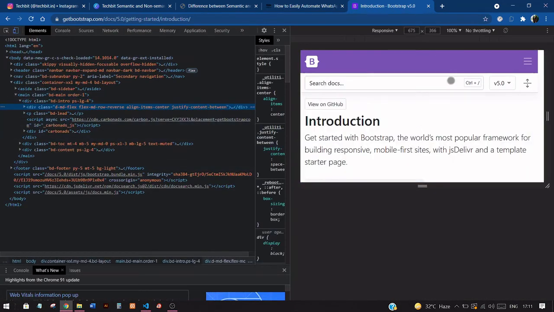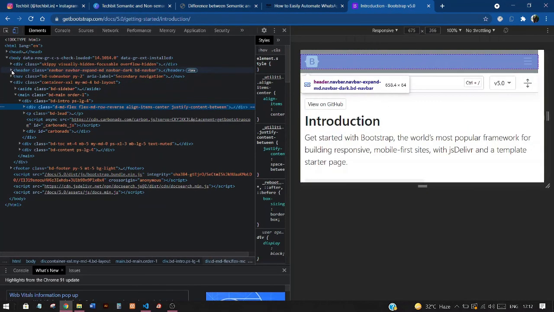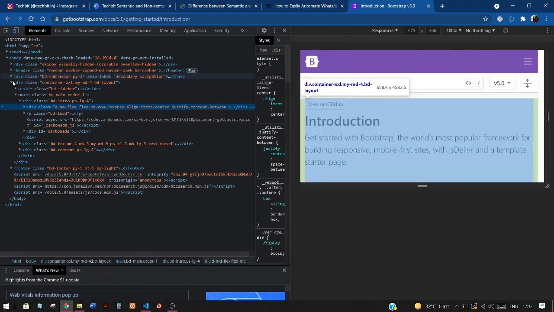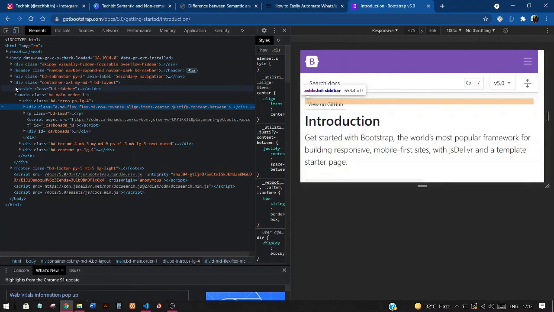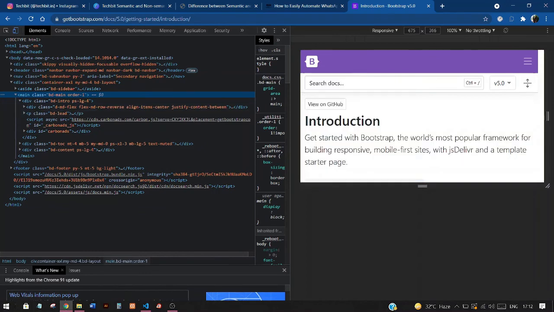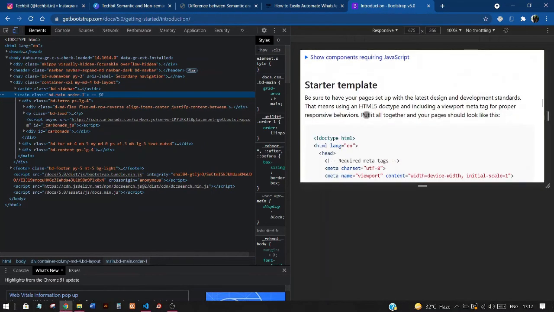Okay, so now you see, if you just drag your mouse over here, the layout is composed of header tag, which is this that you see highlighted. Then comes the nav tag, aside, main tag is another very important tag. Main tag holds all the information that you want to display on your website.